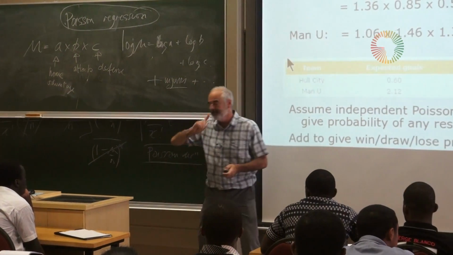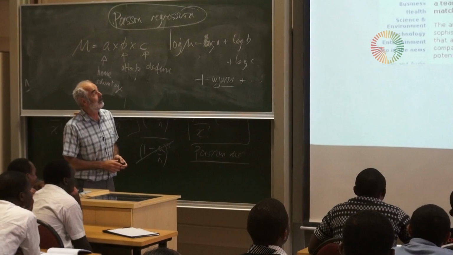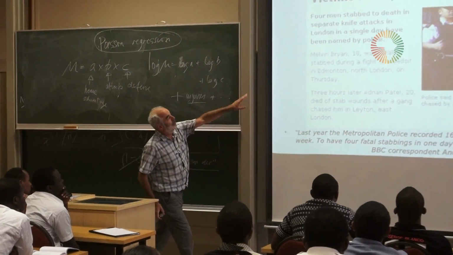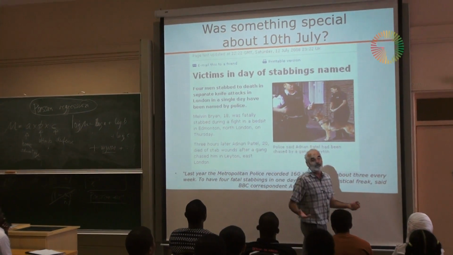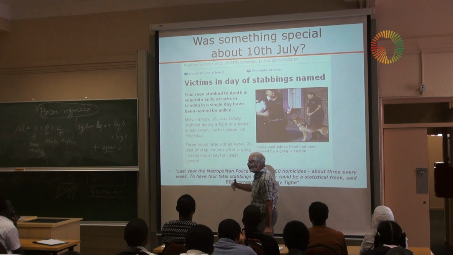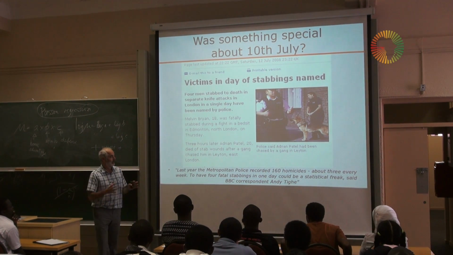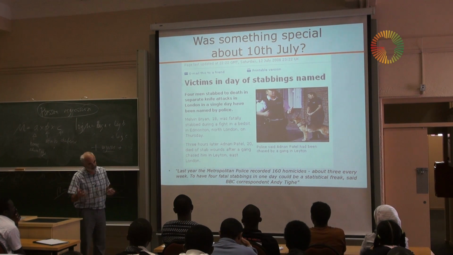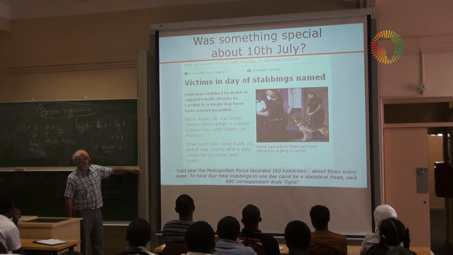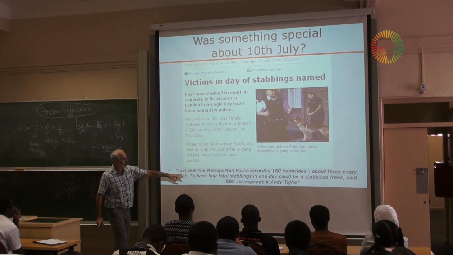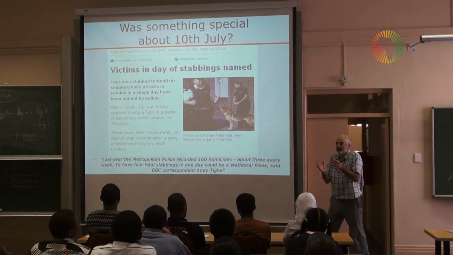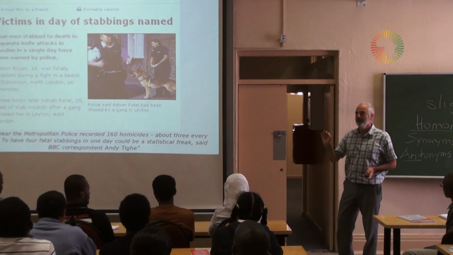Yeah. Now, I must go on, but I want to show you another application in crime. This is a not so amusing one. This was the thing I got involved in London to do with murder in London, homicides in London. Because in one day in 2008, 4 people were stabbed to death in separate incidents in London. I know that murder rates vary a lot around the world, but in London this was quite a big story. And somebody asked, to have 4 fatal stabbings in one day, could it be a statistical freak? Does that mean things are getting terrible, or could this be just chance?